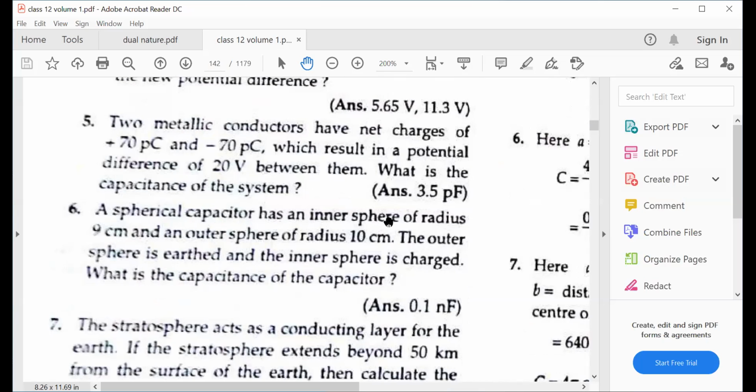So it is also a spherical capacitor, which has an inner sphere of radius and also an outer sphere. So the formula is the same, C is equal to 4 pi epsilon naught AB by B minus A. When they say cylindrical, they will mention something linear. So if there is any linear part, then you have to treat it as a cylindrical capacitor. Otherwise you can take it as spherical itself.